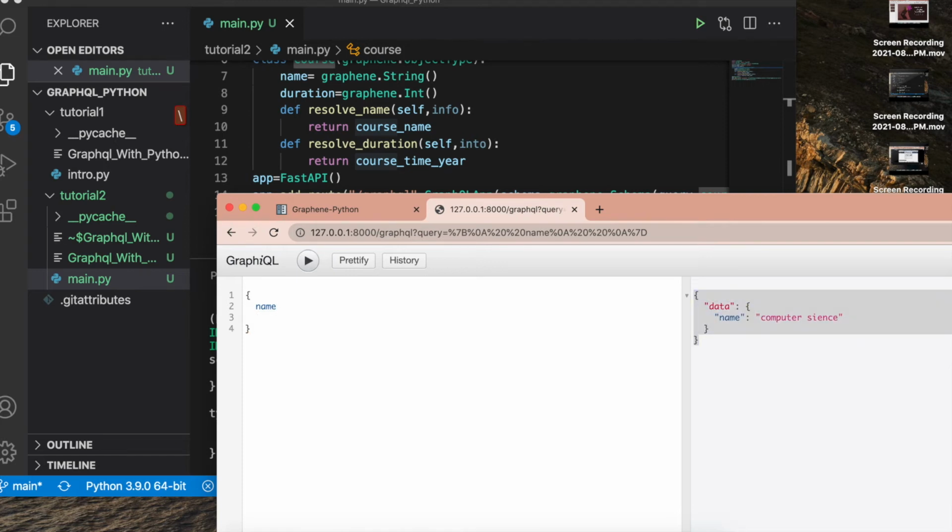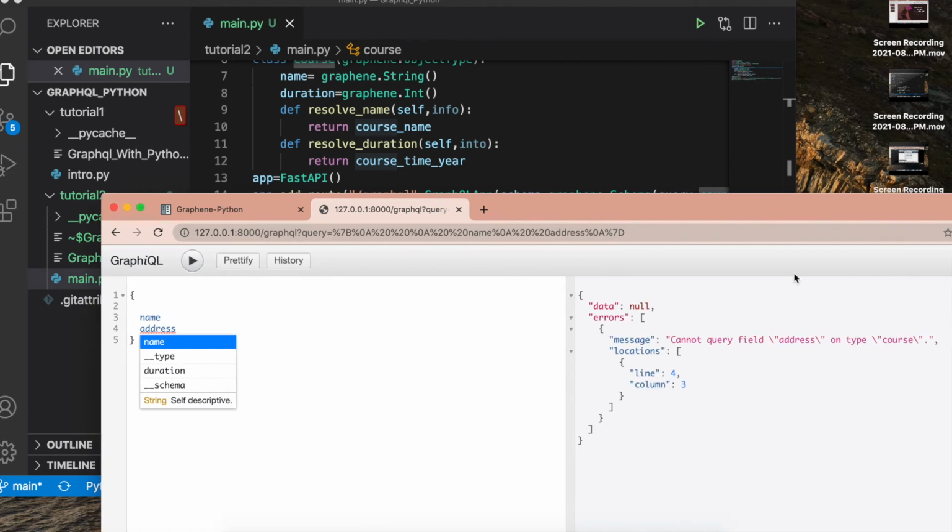Now if I also resolve duration, it is nothing fancy, whatever we did in the last tutorial I am doing the same thing. Suppose I don't want the name, just duration, I will get that. Suppose I only need the name, I just give that, and if I write something else, maybe address, I'll get an error. See, query field error.